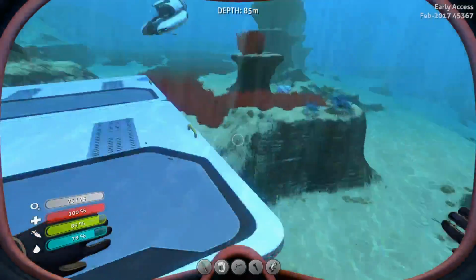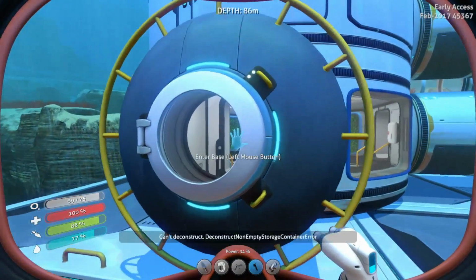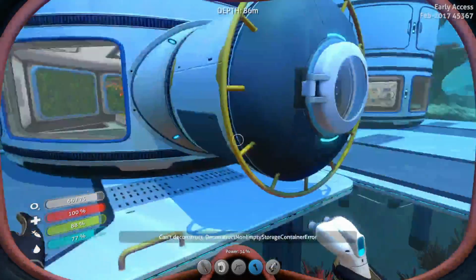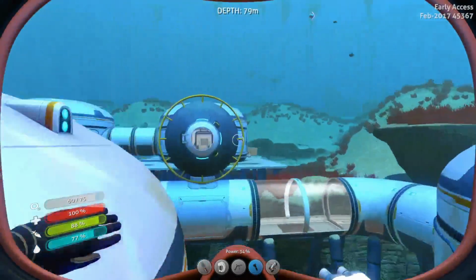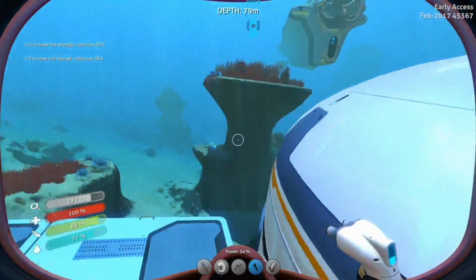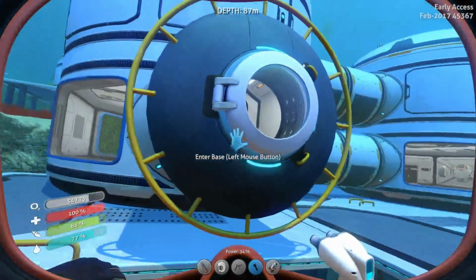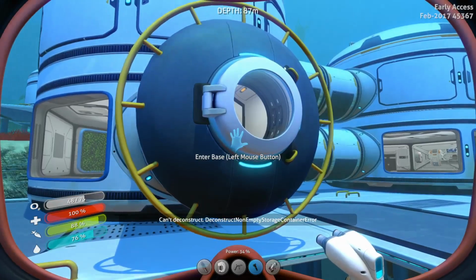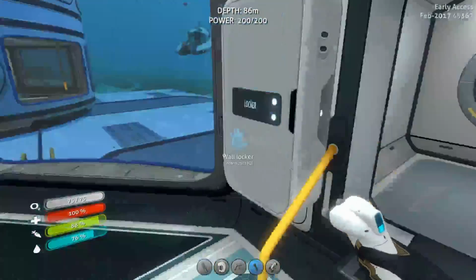I was having a problem though. Let's see if it's still a problem. Can I remove... no. I can't remove the hatch on here anymore. Can I remove the one up here? Yeah, I can remove that one. This one, for some reason, gives a storage-related error. So, hit Q, non-empty storage container error. So, not entirely sure what that means, unless...